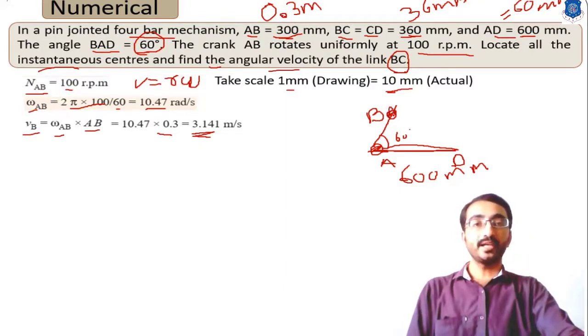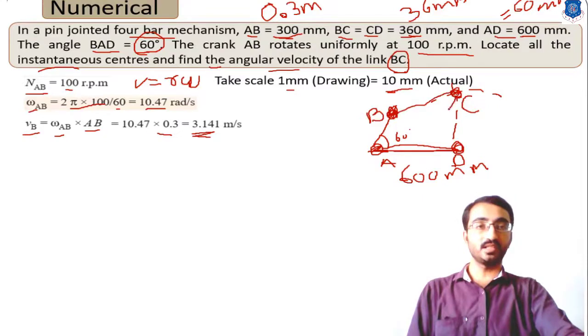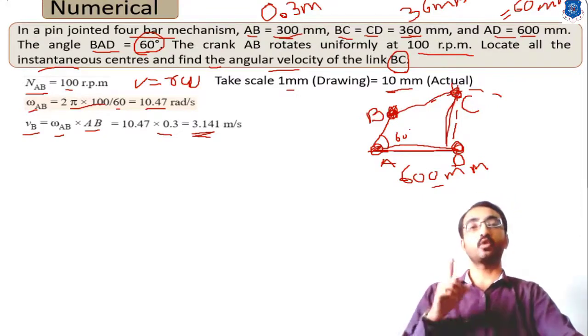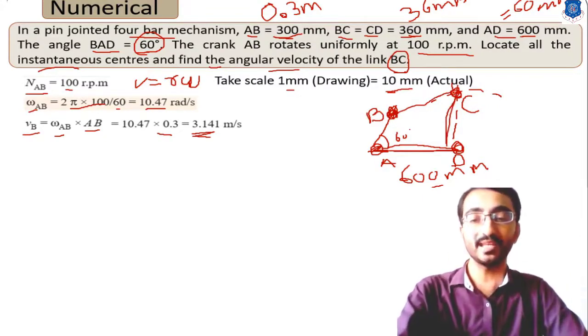If you point on point B, it will make a curve like this of 36 mm. Similarly, now you have to put your pointer on point D, and it will give us a curvature like this. In this way, the intersection point will help us to locate the point C. So in this way we can sketch this 4-bar mechanism. Okay, this is very important.